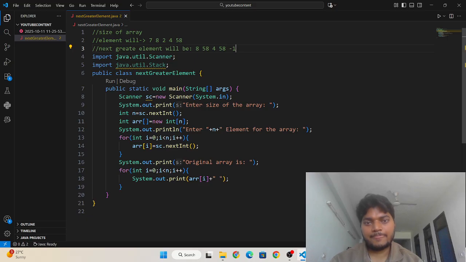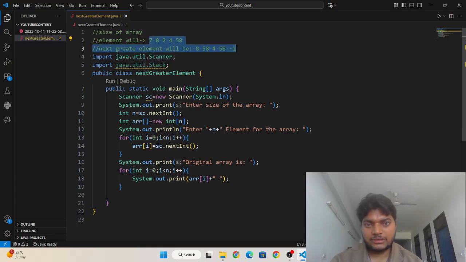Okay, but this way our code is going to print everything for next greater element. Now I am going to write the method which will execute this task.